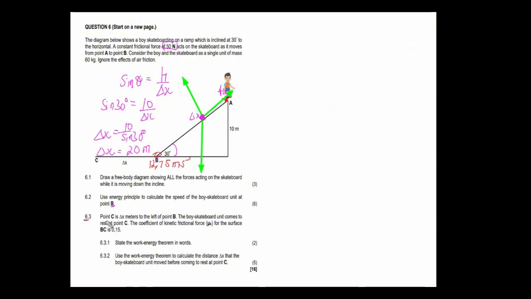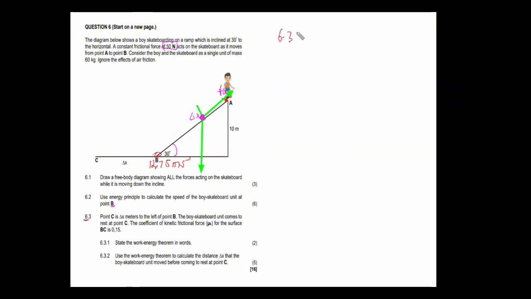Then 6.3 says point C is delta x meters to the left of point B. So as we can see there, the boy skateboard unit comes to rest at point C, right? So at point C, we are told that it comes to rest. So that means the final velocity at point C is 0 meters per second. Then we are told the coefficient of kinetic frictional force, mu k, for the surface BC is 0.15. Now for the surface BC,